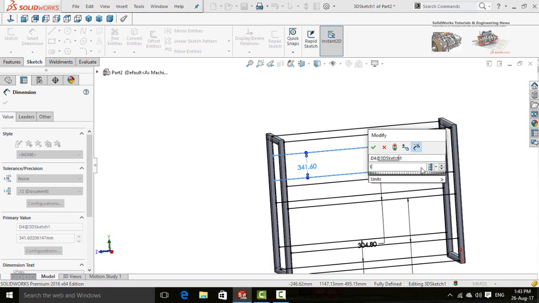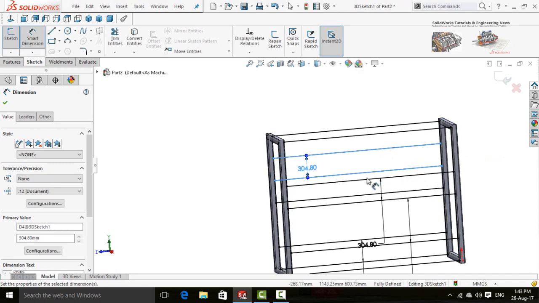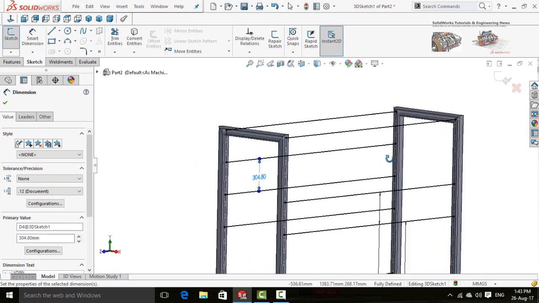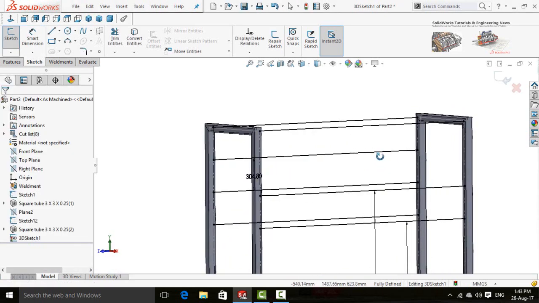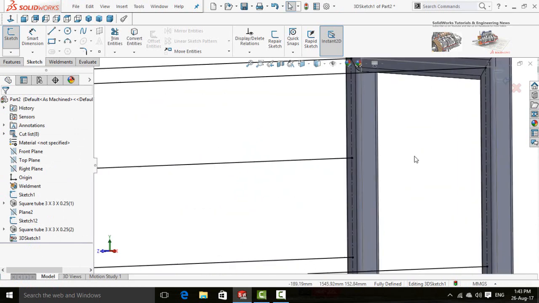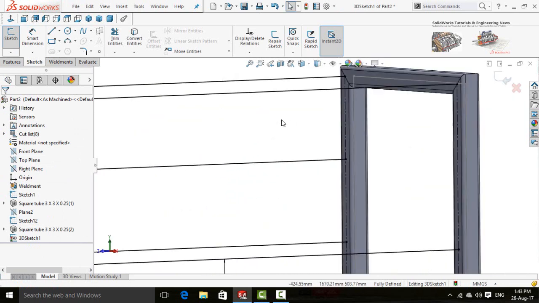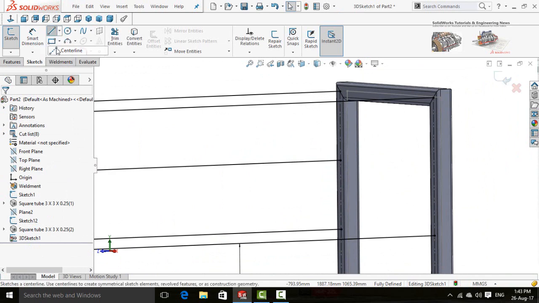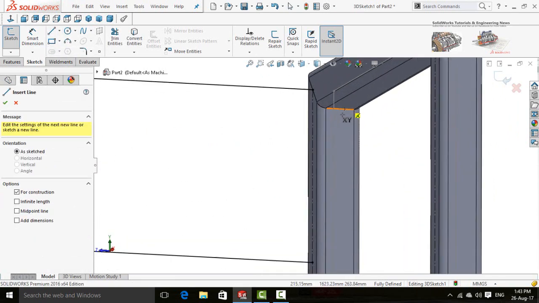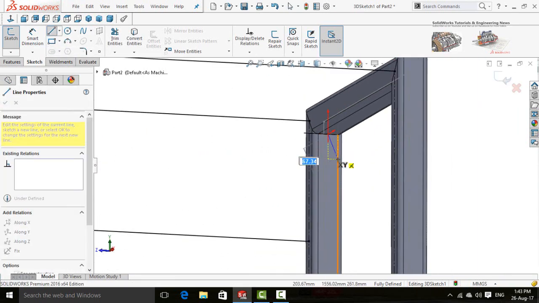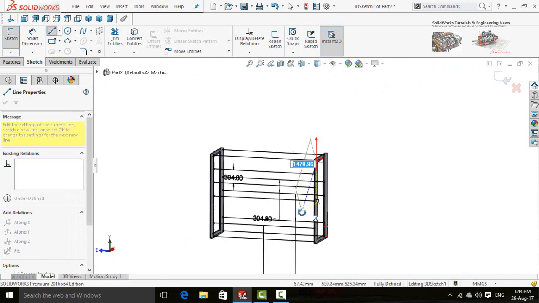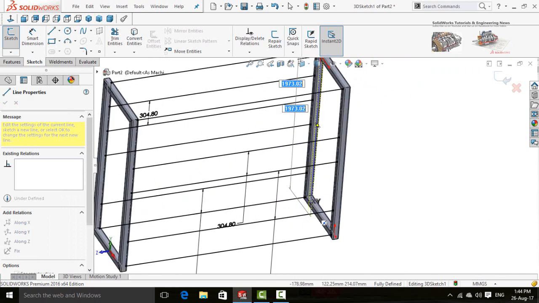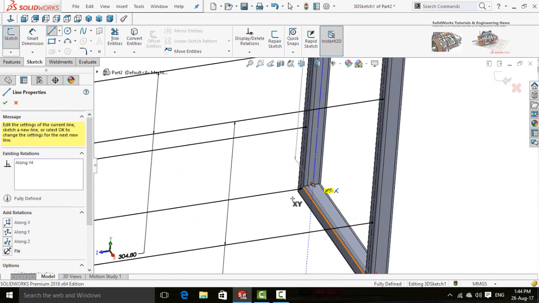$300mm or 1 feet. Now draw a center line from this midpoint to this midpoint.